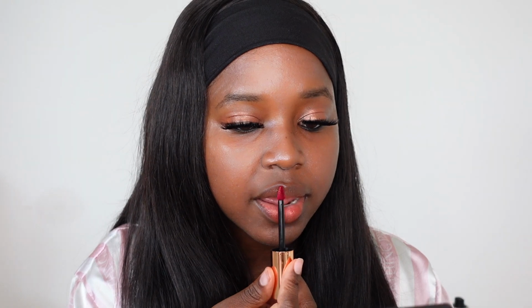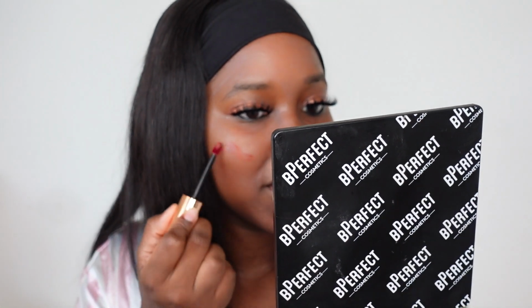But I suppose you could layer it. Yeah. My lower lip is lighter than my upper, so you can see the colour a lot more on my bottom lip. Let's do a little pop on the cheek and see what happens. I don't have any other makeup on there, so...